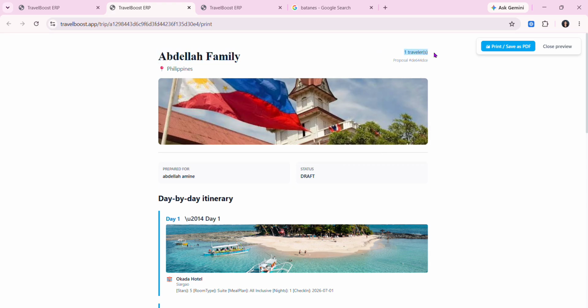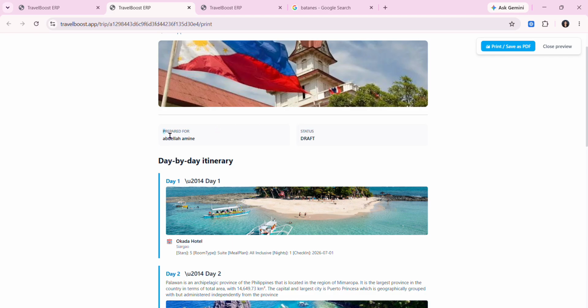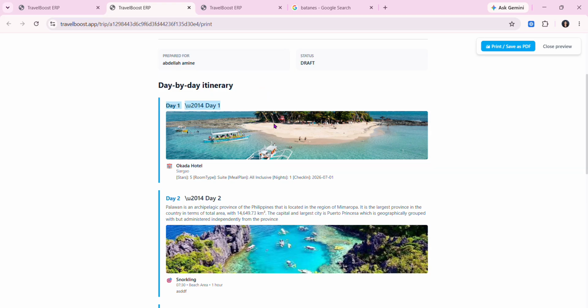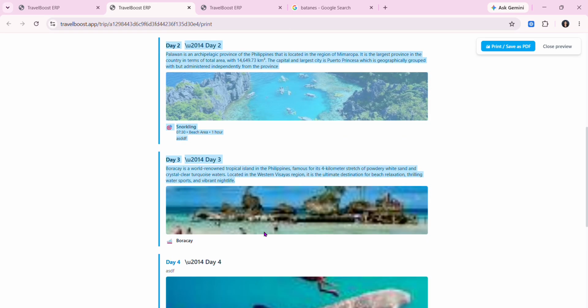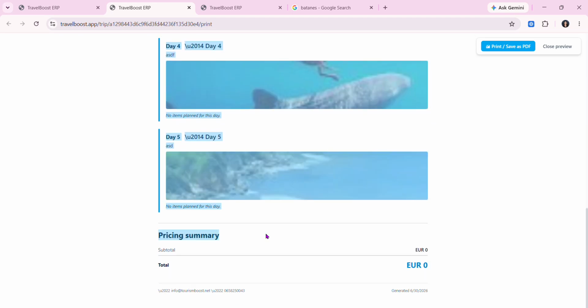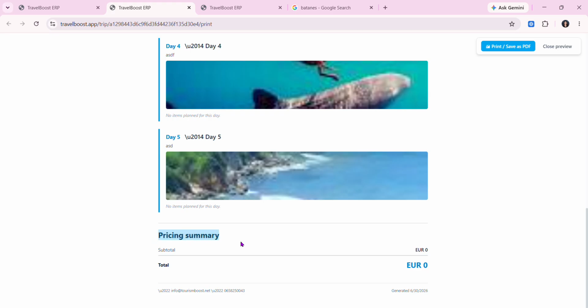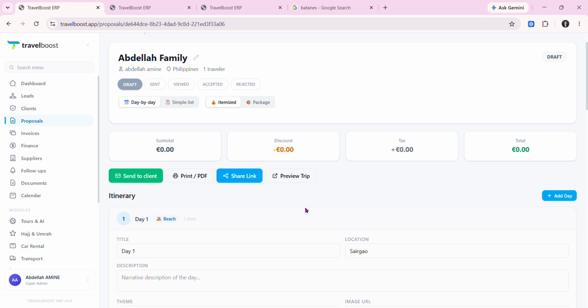This one, Abdella family, of course, one traveler, and then prepared for, and the status is draft. So the day by day itinerary is here. It's really great, right? And of course, there are also the pricing summary, subtotal, and the total. Okay. And that's how you create and manage travel proposals in Travel Boost.